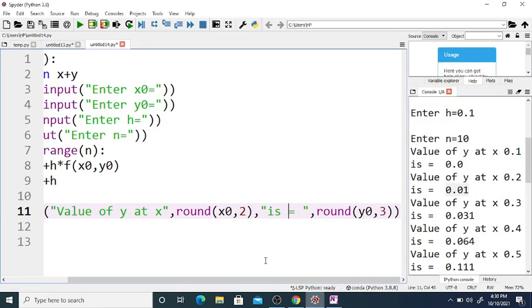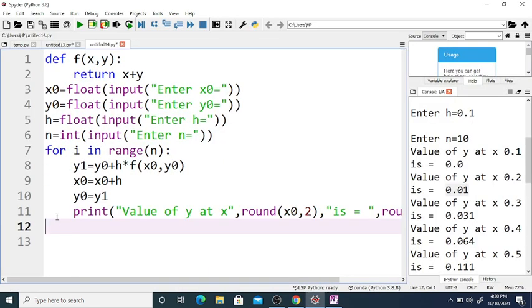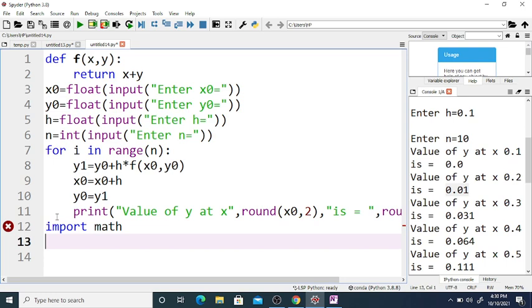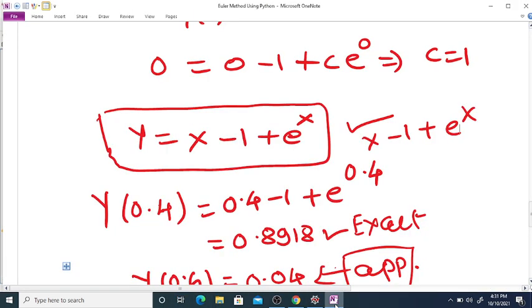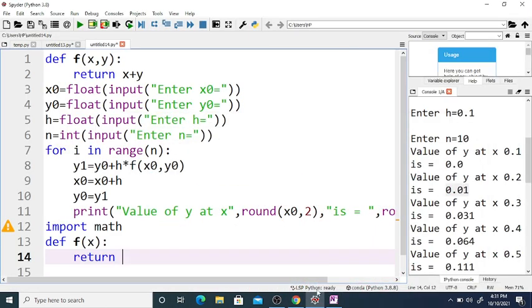So here, now import math. Now define f of x, or y of x, is equal to... since it is a solution it contains y, we express y in terms of x. So return what is the solution? Exact solution, it is x minus 1. So x minus 1